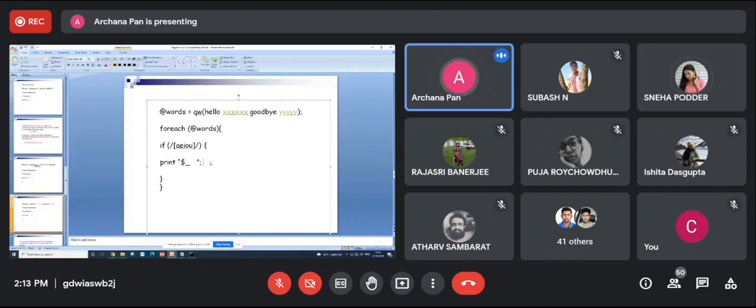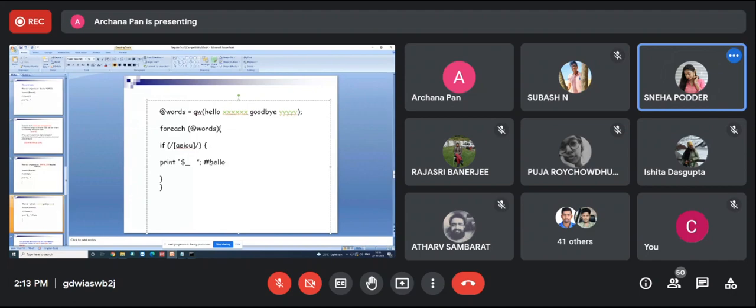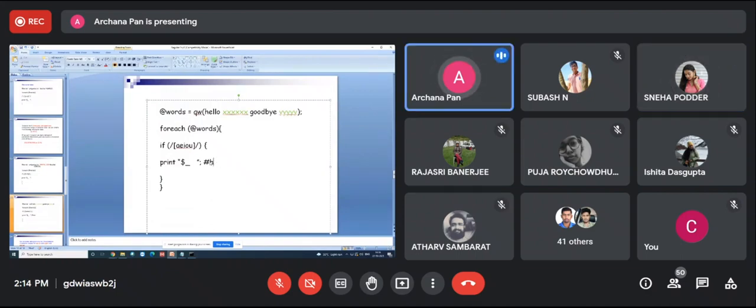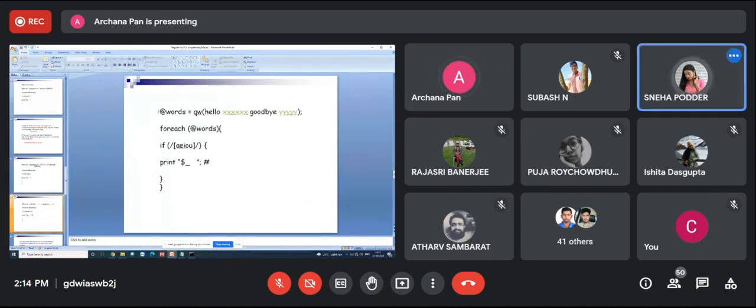Because the first element, hello, has both E and O, shall we get hello twice or once? What is the minimum? Only one time. It will check whether anything is there. Yes, E is there. O is also there. So that means it is matching actually. Let me run this.